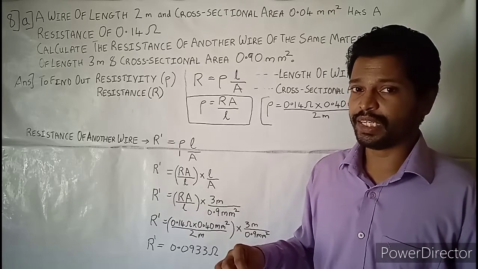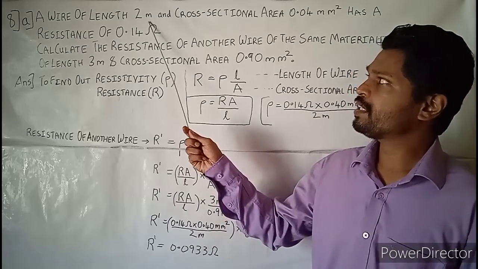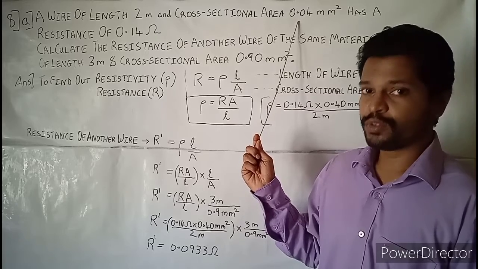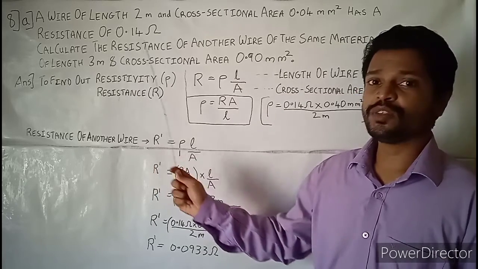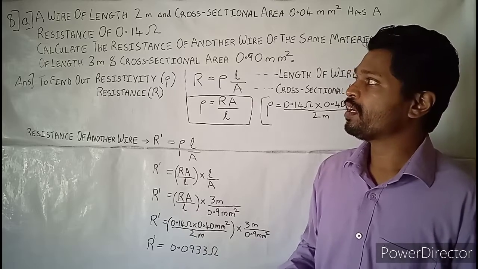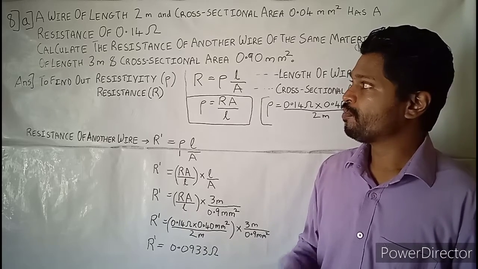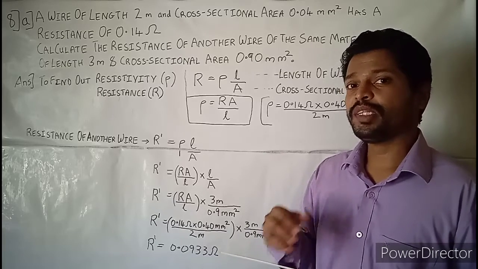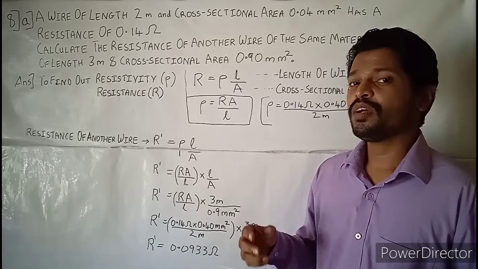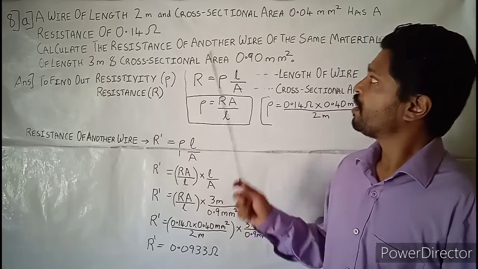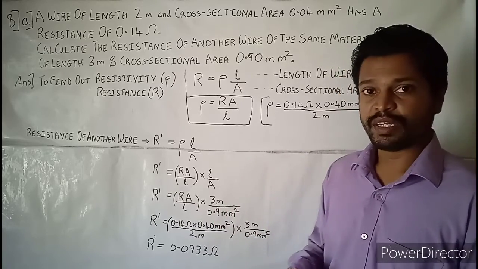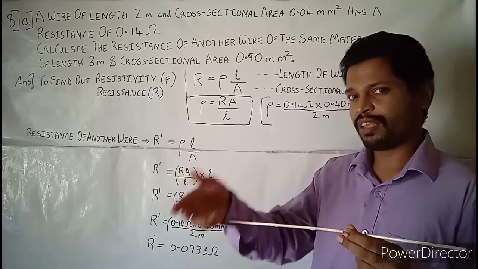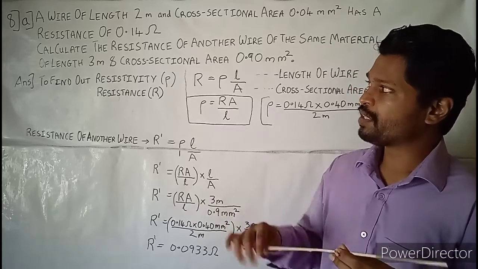So we have been given three things. First, L is 2 meter, capital A is 0.04 millimeter square, and resistance is 0.14 ohms. We have to calculate the resistance of another wire, not this wire. We have to calculate the resistance, capital R, of another wire. This is very important, of the same material. Suppose I'll be taking another wire of the same material, whose dimensions are